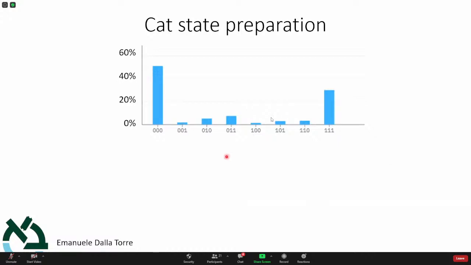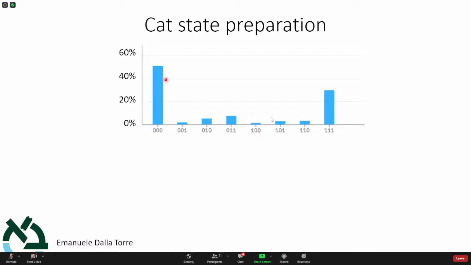This is what I'm interested in here. So remember what the theory was. The theory was 50% 0, 0, 0 and 50% 1, 1, 1. That's just the circuit that we prepared. Now there are two differences. Difference number one, as you can see, you also get some states that you are not supposed to get. You were not supposed to get 1, 0, 0, but that's what happens sometimes. And this is due to two reasons, as I mentioned. First of all, when you prepare the state, there may be errors in the gates. And second, when you measure them.